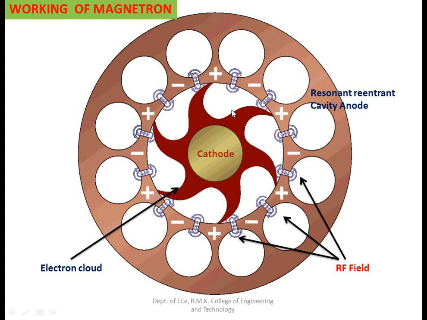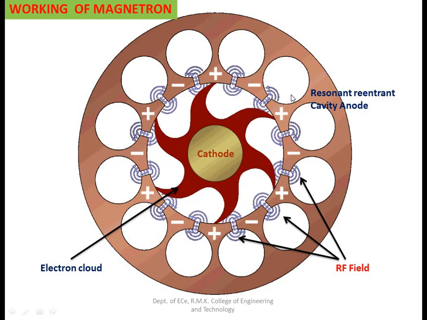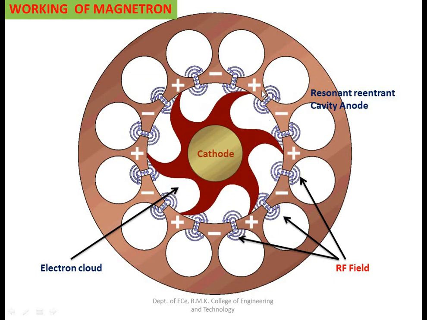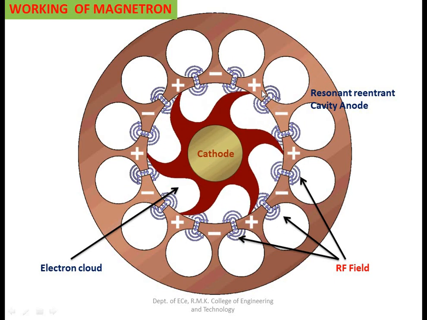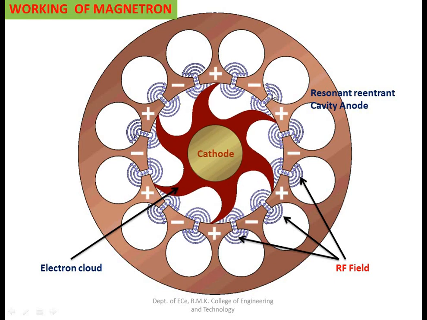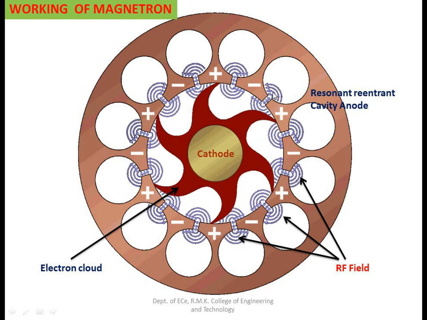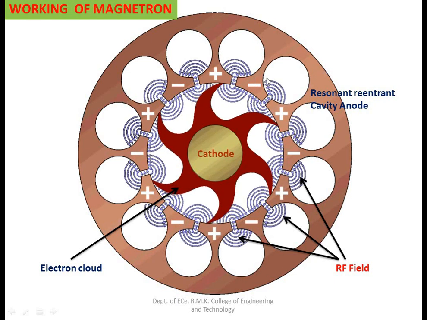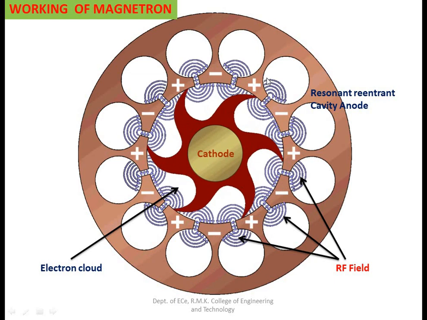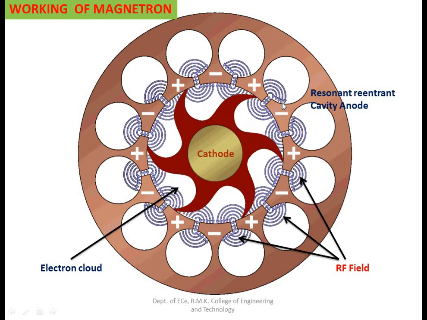Now, while entering the anode cavities, the electron starts interacting with the generated RF field. While interacting with the RF field, we know that we have velocity modulation, right? So the velocity modulation is experienced, and because of that electron bunches are produced. By proper tuning methodologies, we are going to tune a particular frequency by strap rings connected around the cavities, and this is all the next level process,